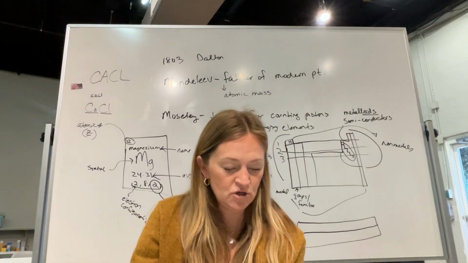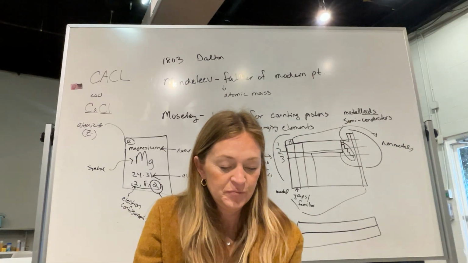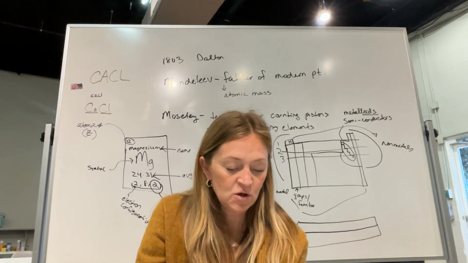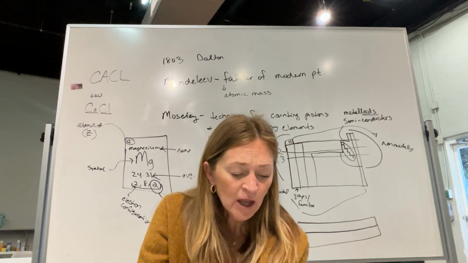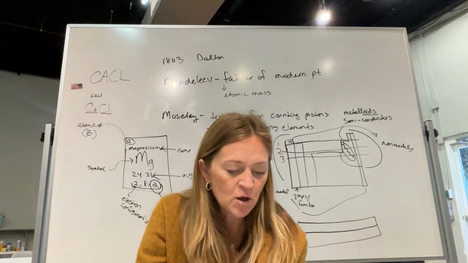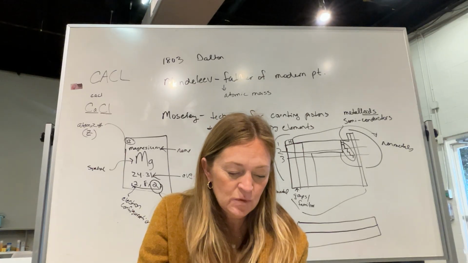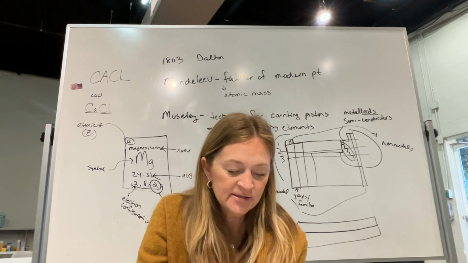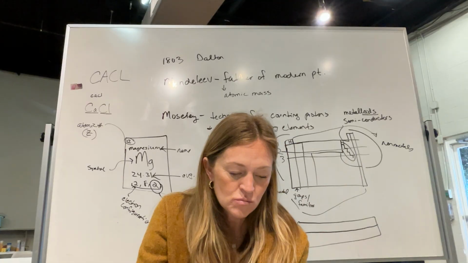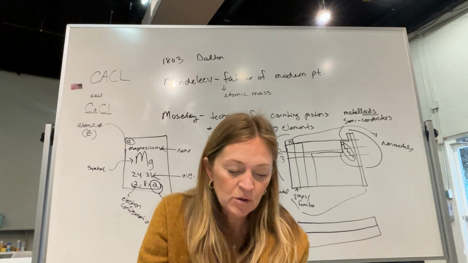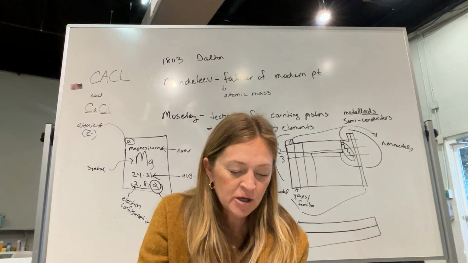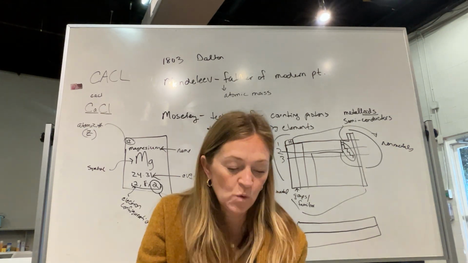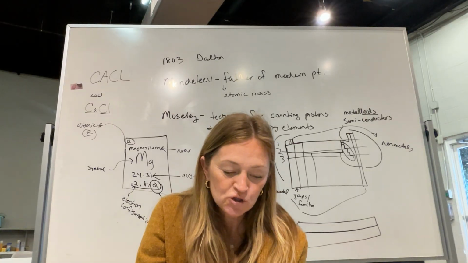Chloe, why don't you do gallium? Got it. What is the abbreviation? Ga. What's the atomic number? 31. The atomic mass? 69.72. What's the group number or family number? 13. And the period? 4. How many valence electrons? 3.